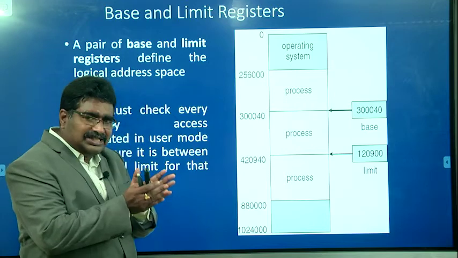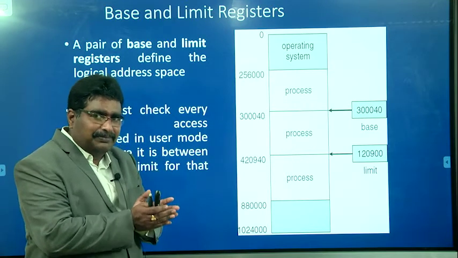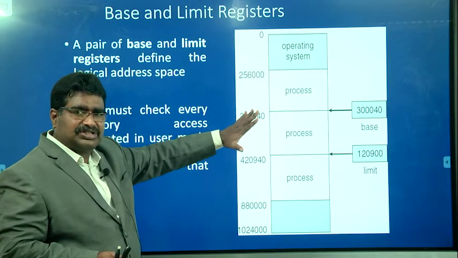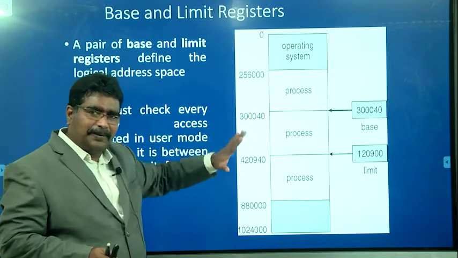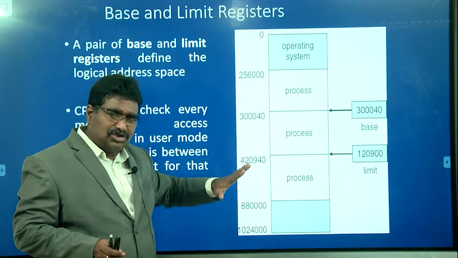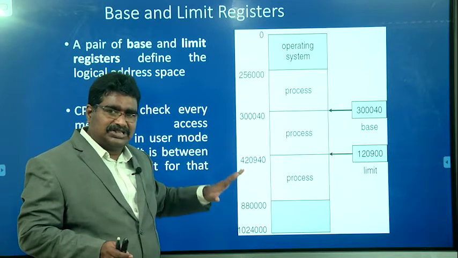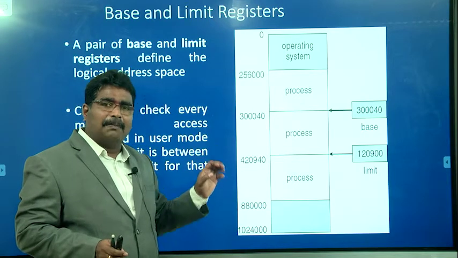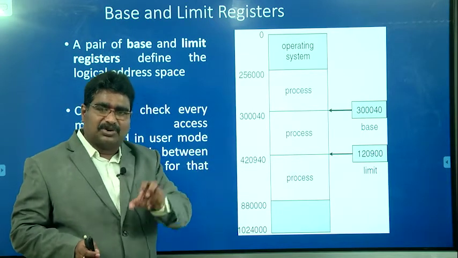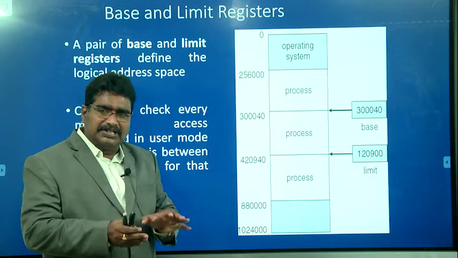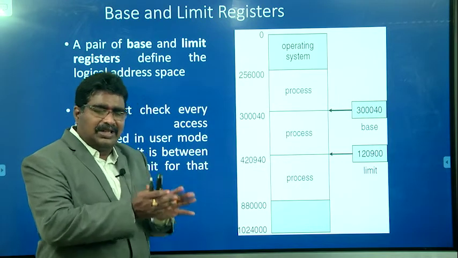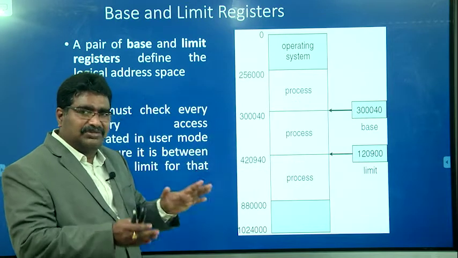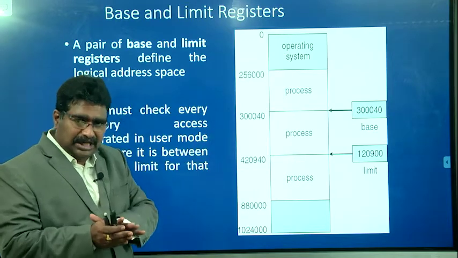Whenever the total RAM size is 1 MB, some portion is allocated to the operating system, because we know that the operating system is the resource manager. The operating system allocates memory to our process. Similarly, the operating system allocates the processor to our process, and it also provides protection. It is a resource manager and acts as an interface between the user of the computer and the computer hardware.